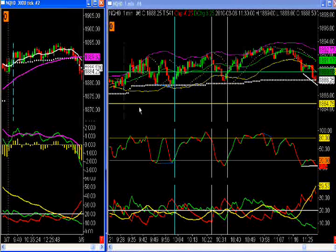So we start out, obviously we don't know that we're going to be going sideways yet. So we get closed outside the channel here. Our indicator is not in line to take it, so we pass. So nothing to do, nothing to do. We trade down to support, trade higher back up to the resistance area, and then we come back down to